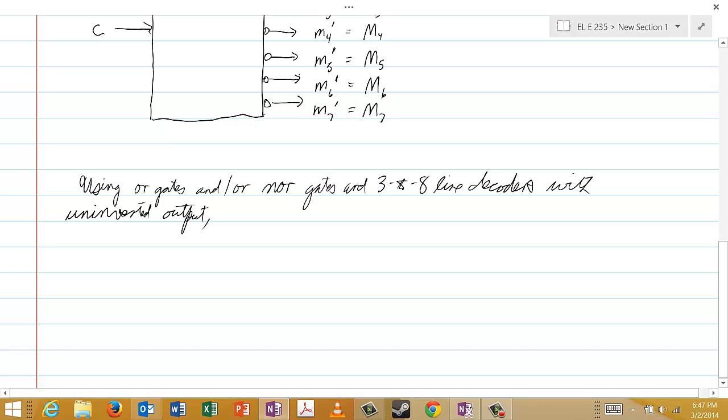So using OR gates and or NOR gates and 3 to 8 line decoders with uninverted output,